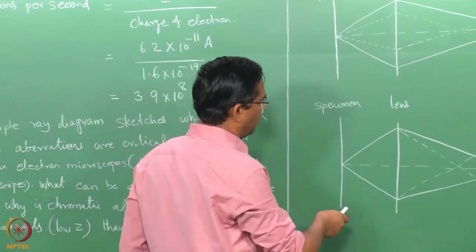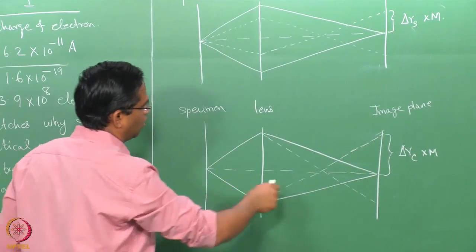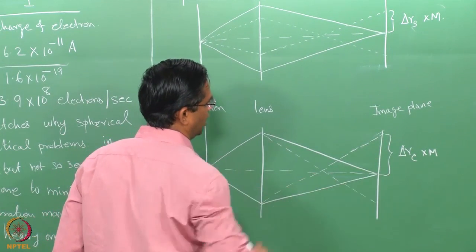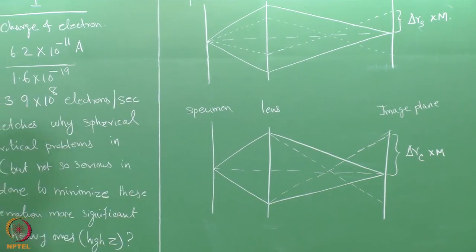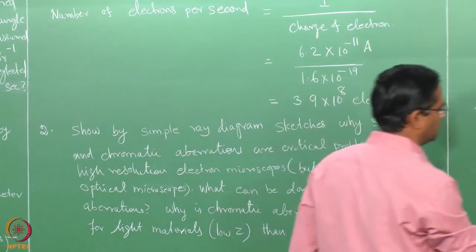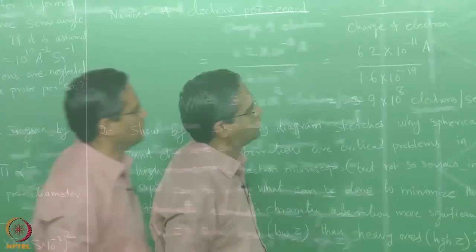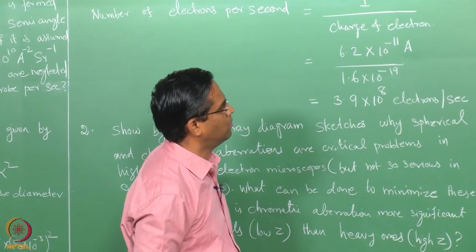And similarly, you have a chromatic aberration. The aberration disk is because of this kind of nature. So, you have this problem. We can write